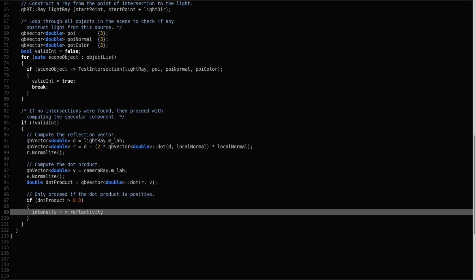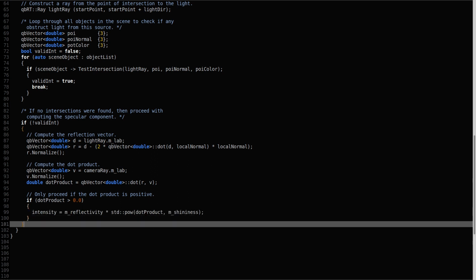We're going to, intensity is equal to m_reflectivity. I've just used that as a constant at the moment, so we have to find an m_reflectivity value for our materials, multiplied by, now we need to raise this to the power, so using std::pow, and we raise dot product to the power of m_shininess, semicolon. We drop out of there,